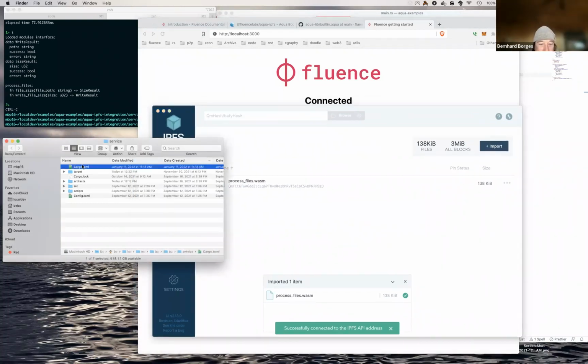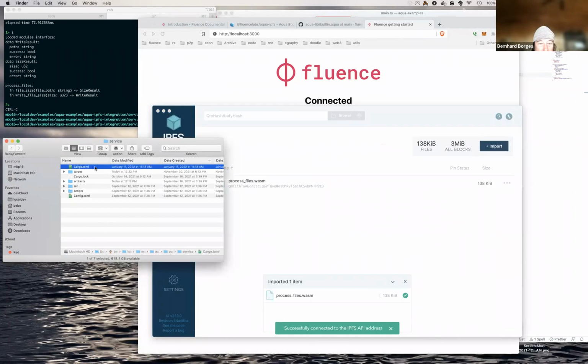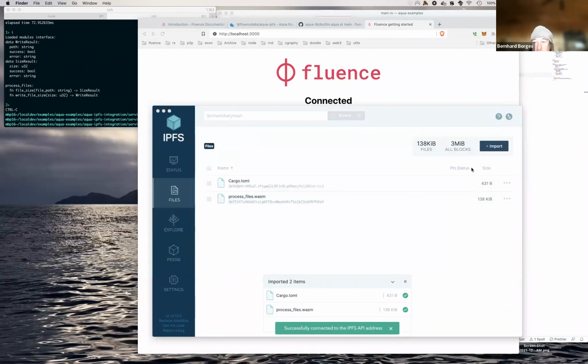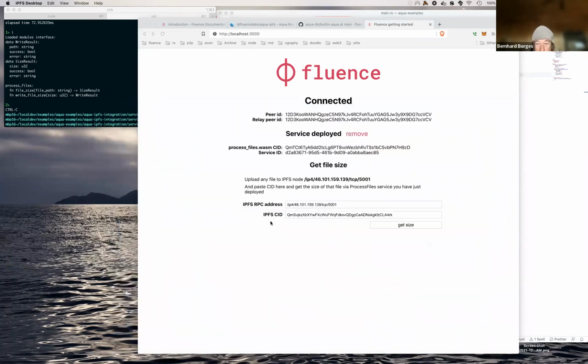So let's not use that. Let's upload another file. So we have cargo, 431 bytes, right? We got the CID here. So this is addressable on the IPFS network now, or on that particular node.